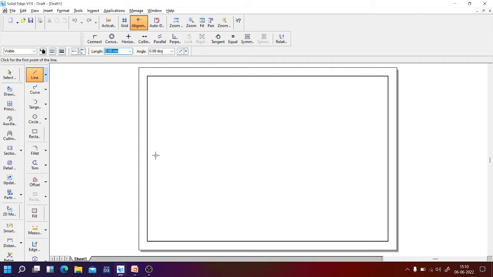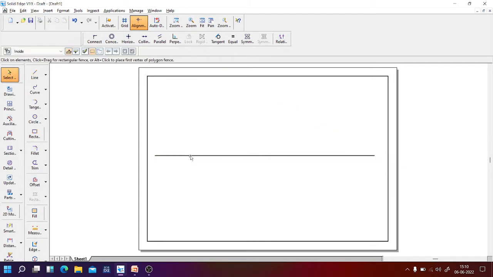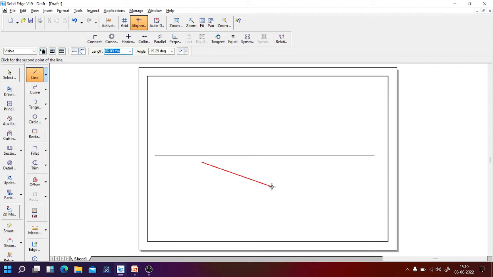Draw the XY line. Now use this line thickness of 0.25. Okay, next I'll go for drawing the rectangle. Now what I'll do, as the longer edge is inclined to the vertical plane,